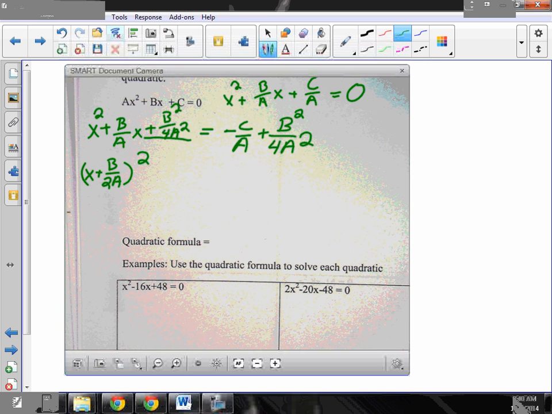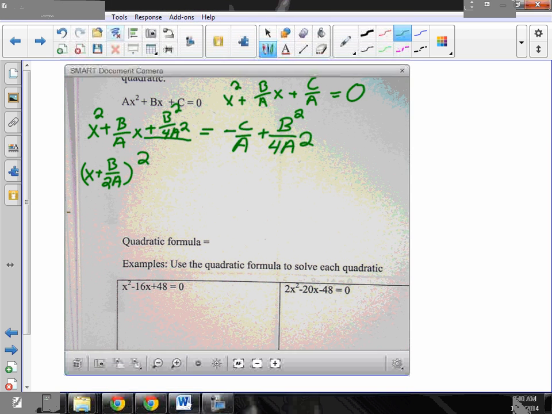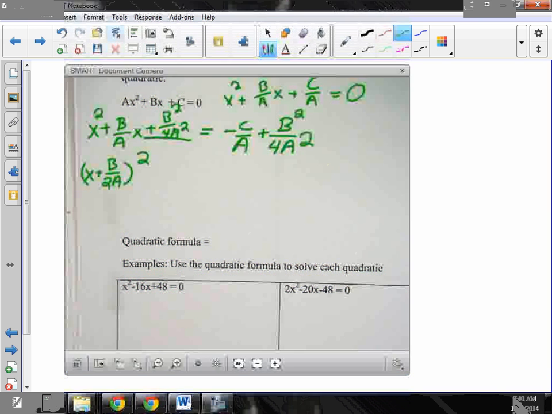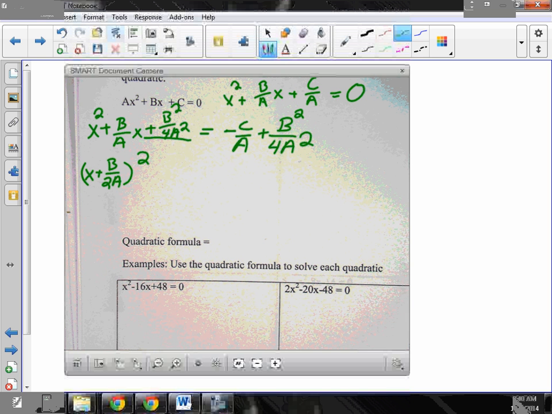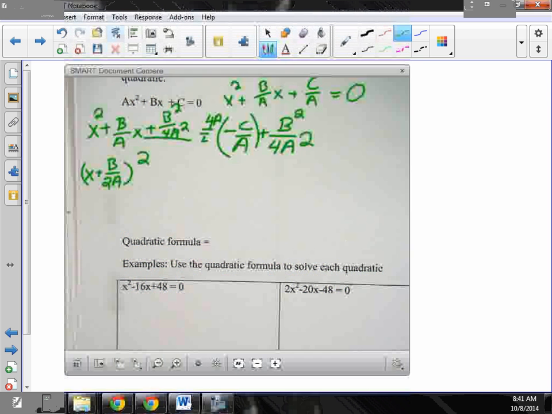Now, here's where it gets a little bit tricky. What do you need to have in order to add two fractions? Common denominator. So if one of my denominators is a, and my other denominator is 4a squared, what would my common denominator be? 4a squared. So my second denominator is actually the common denominator, so what does my first denominator need? A 4 and another a. So I'm going to times this by 4a over 4a,